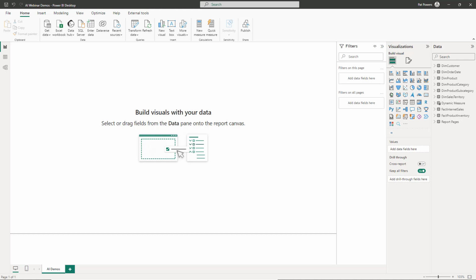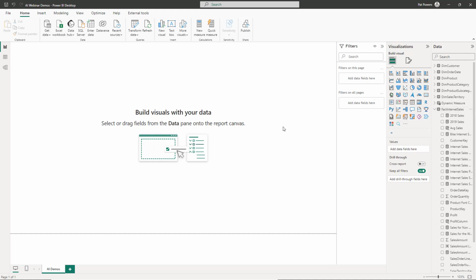With Copilot for Power BI, a user can ask Power BI in natural language to create a measure on the fly. Let's take a look at this and see what it produces. In our data set, we have sales data for a period of time. We would like to see our annual sales for a particular year compared to the prior year. Now, we could go through the process of creating a new measure, or we could use Copilot to help expedite